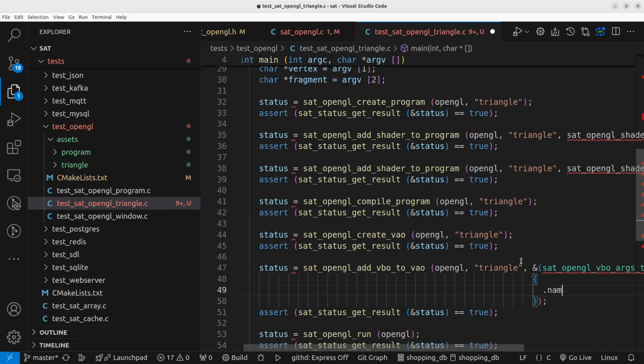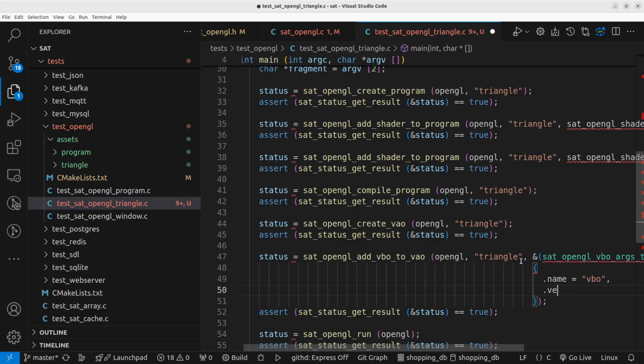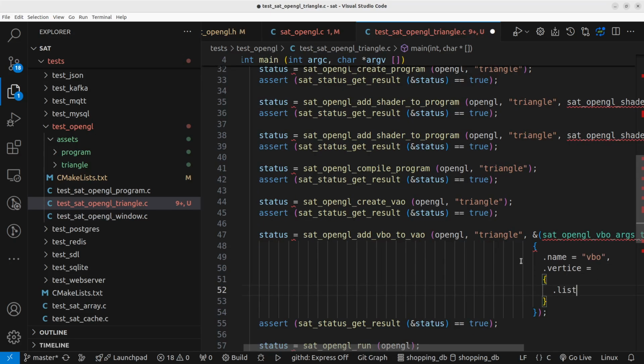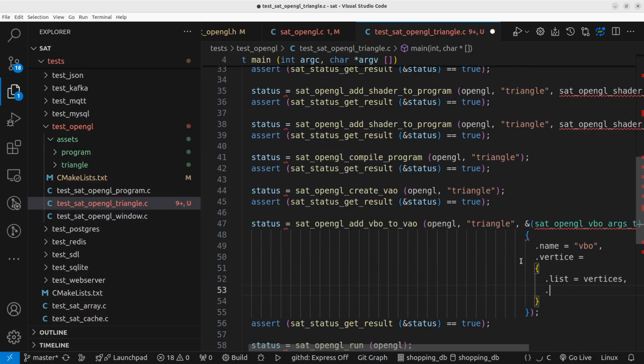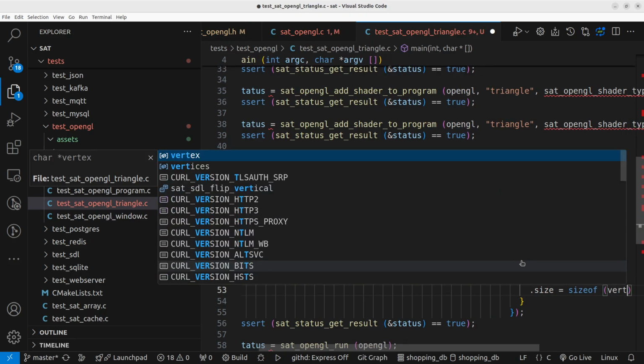The name, I just pass the name here, VBO, to be discarded, and vertices. The first I'll pass is the list of vertices, and here the size of the vertices,